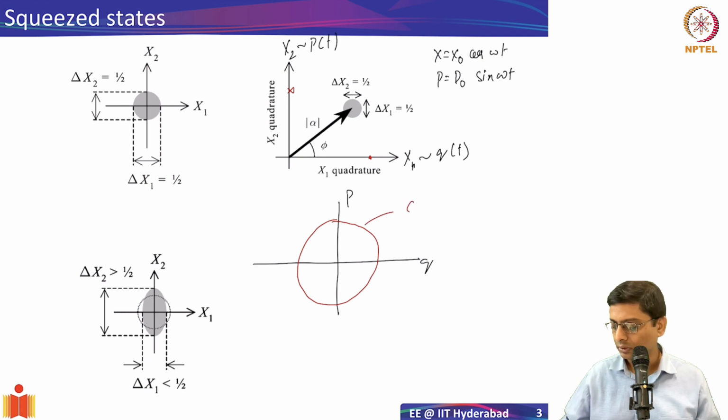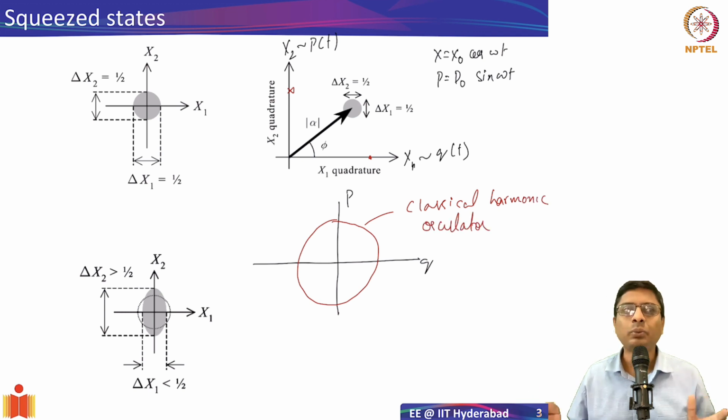Okay. So, classical harmonic oscillator. Basically this plot between these two quantities in quadrature represents the motion of the harmonic oscillator. Okay. Now